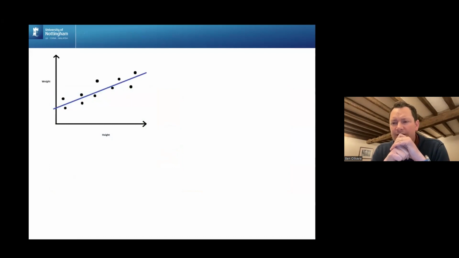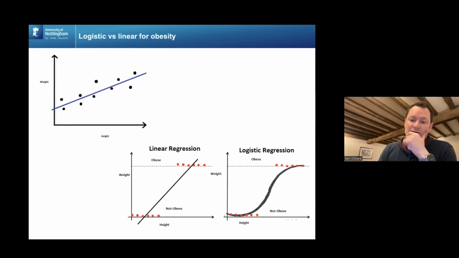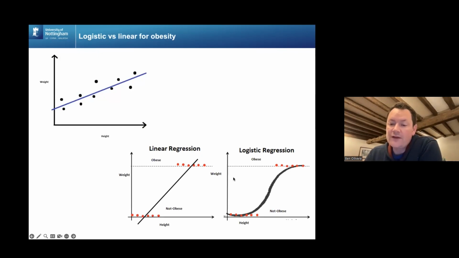Because people who are 6'4" are likely to be heavier than people who are 5'2", but the obesity is related in some way to that. And so what logistic regression does is it looks at known outcomes and then tries to work out how you divide that cohort in either 2D space if it's just two-factor, or multi-dimensional space if it's a multiple factor regression